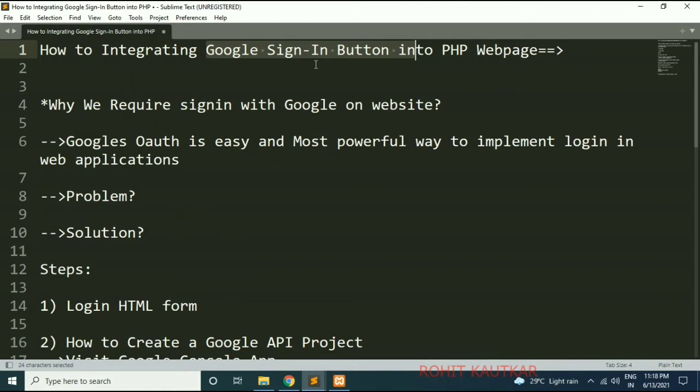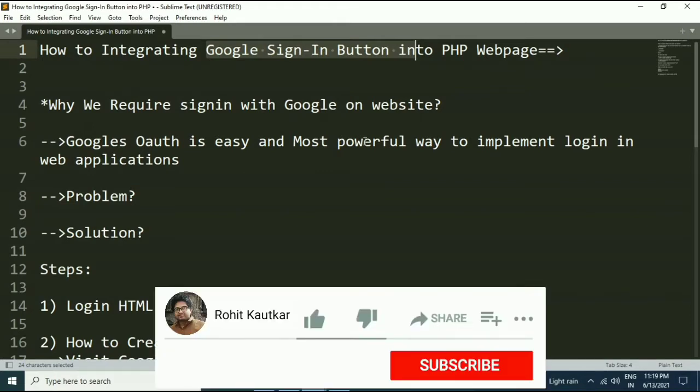So here the user will have two options: they can log in with a Google account or they can sign up on our website. Providing Google's sign in button within the web application will make it convenient for our users to sign in with their existing Google credentials.